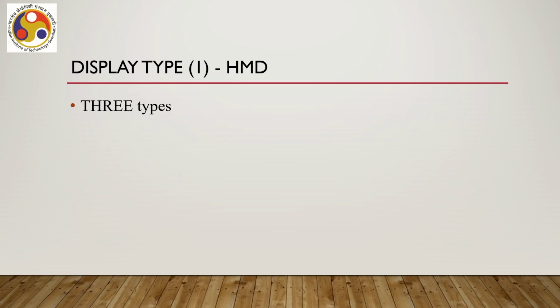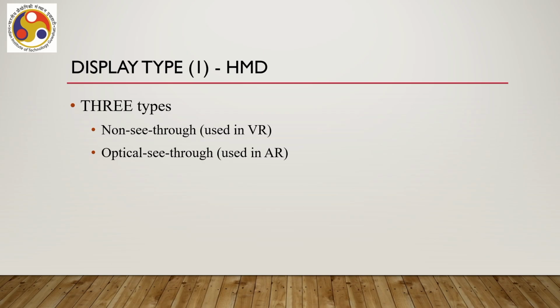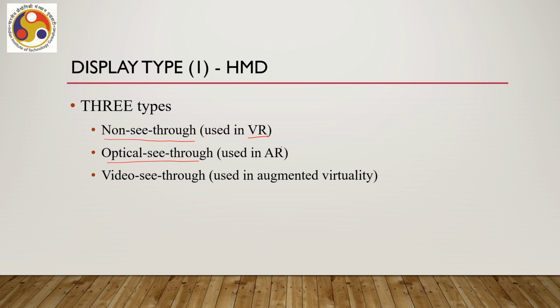Now, HMDs themselves can further be categorized. Three categories of HMDs can be there. One is non see-through, one is optical see-through and the third one is video see-through. Non see-through type of HMDs are typically used in VR. Optical see-throughs are HMDs that are typically used in AR, whereas the third category, that is video see-through, are typically